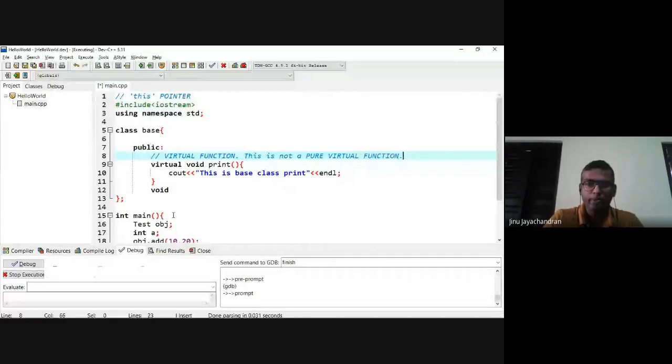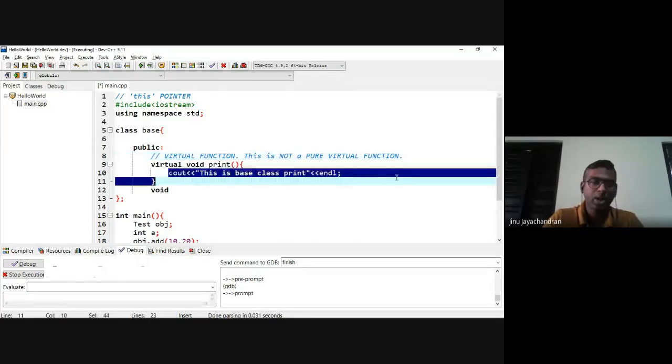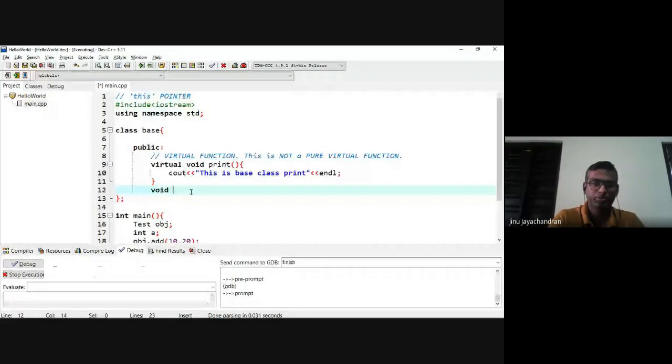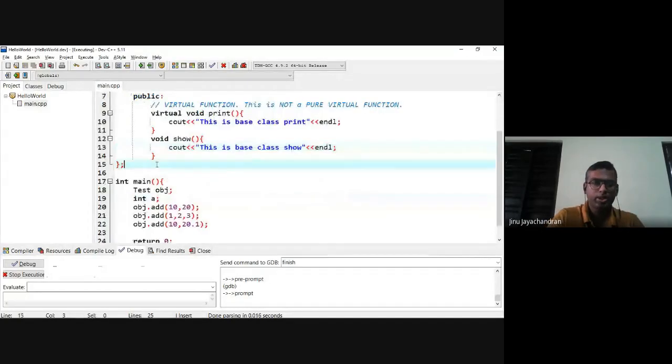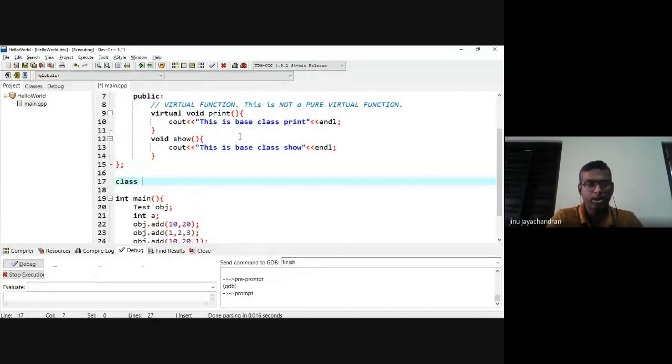That you should understand. In pure virtual function, you will have the virtual void print equal to 0. Here you are defining something inside the function. So you say void show in bracket cout, this is base class show. Okay, now I'm going to create a new class called derived, which derives publicly from base,